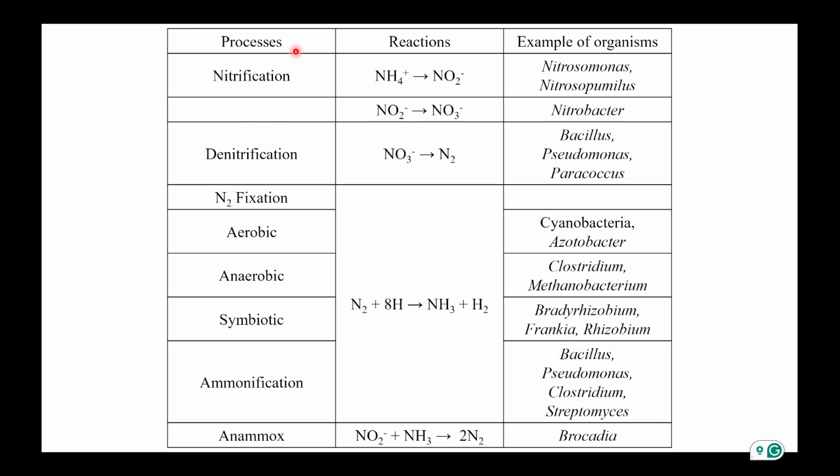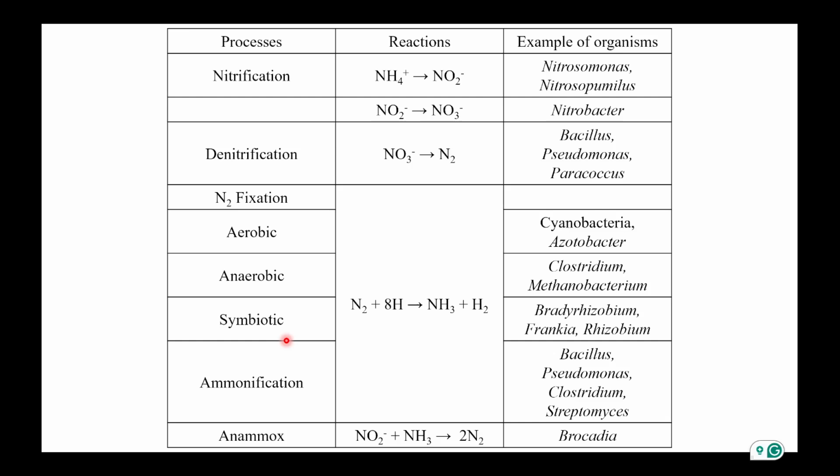Yeah, so the process actually starts from nitrogen fixation, because nitrogen is there in the atmosphere. There are different classes of bacteria that use that atmospheric nitrogen and convert it into ammonia. If it is done in presence of oxygen, it would be aerobic. If it is happening in absence of oxygen, it is anaerobic. And then there are certain bacteria that live in close proximity with other organisms, other species, and they both help each other to survive.